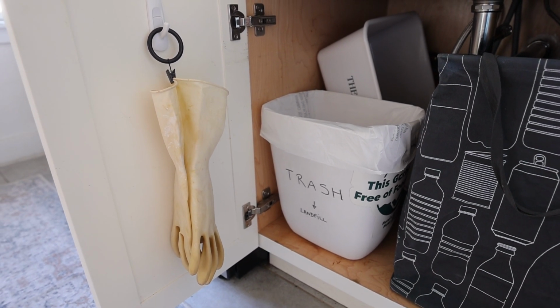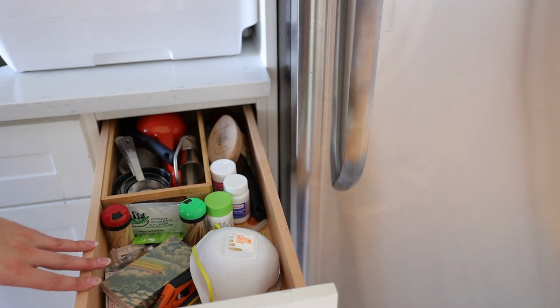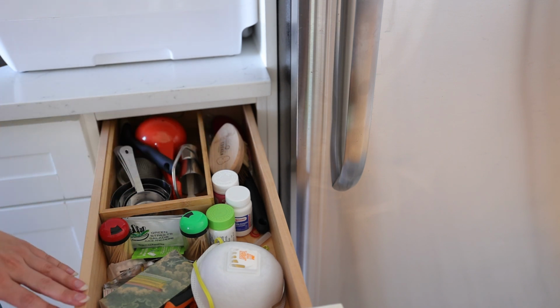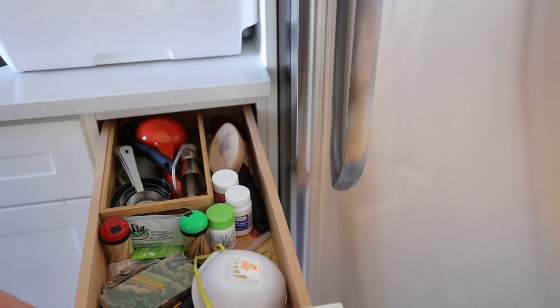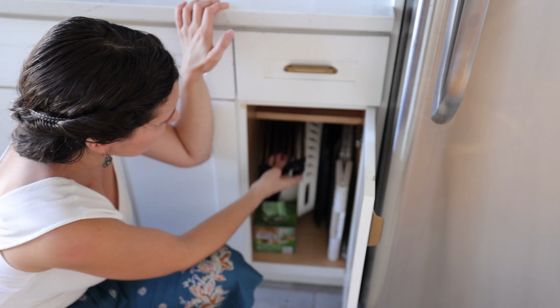They are filthy. Now this drawer here, it is sort of an organized junk drawer. Some more kitchen utensils or accessories, measuring cups, a brush to clean vegetables right next to the sink, and some random items. And here for the last cabinet, I've got the drying rack that I showed you earlier, some